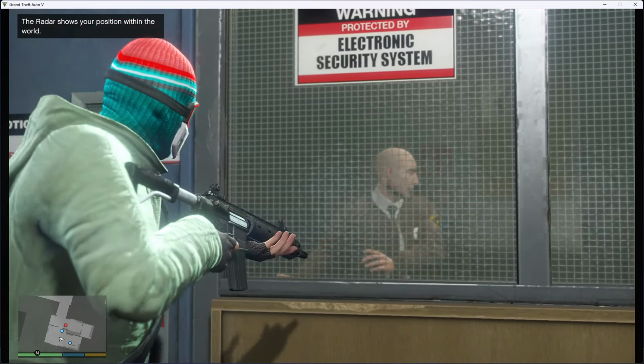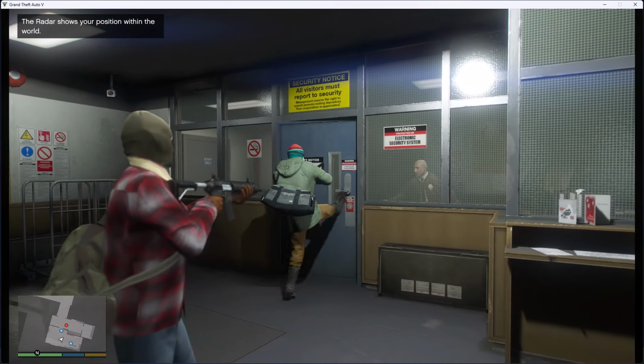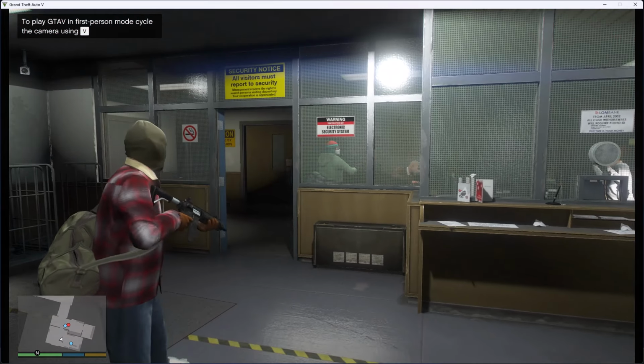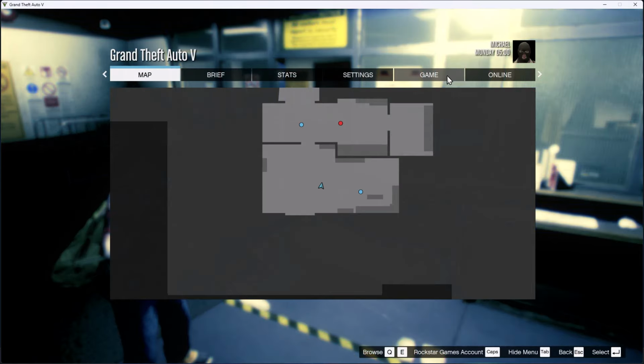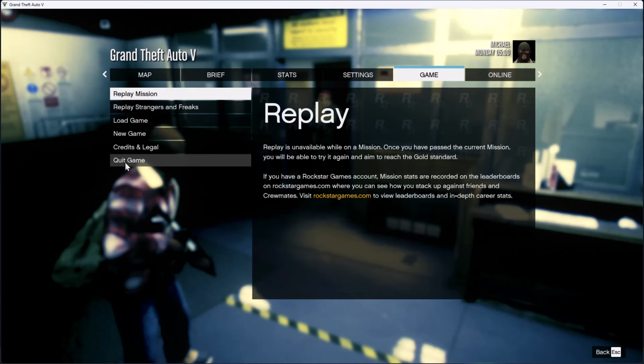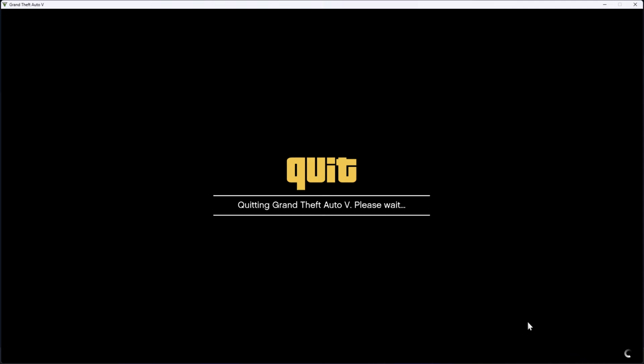Today we are going to see 100% complete save game in GTA 5. I show you guys how to do it. All you have to do is just close the game, press the escape key and go to game and select the quit game option and select yes,